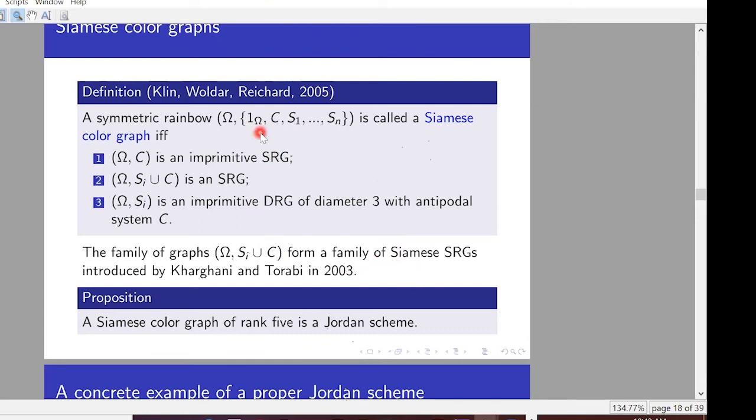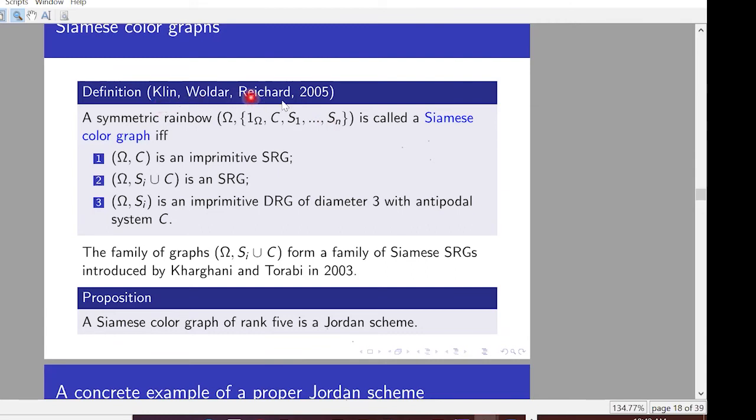Now, why is this important for us? Because if I take a particular case, n is equal to 3, so I have 1 chosen and 3 standard, this will be a rank 5 rainbow, which satisfies the 3 plus 1 lemma. Therefore, any Siamese color graph of rank 5 provides us a Jordan scheme. Now, of course, it could happen that this Jordan scheme is a symmetrization, but the point is that Misha, Andy,